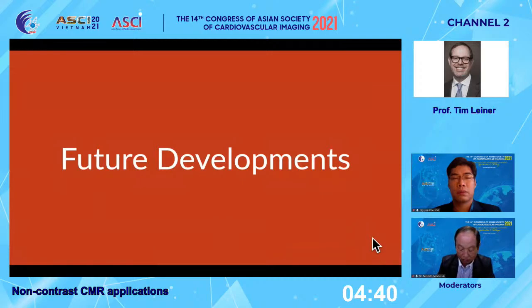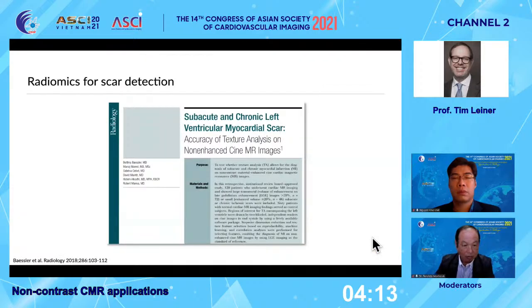So we've now focused on imaging anatomy and using intrinsic contrast of blood or the flowing properties of blood to depict anatomy. So I think in the near future we'll also see some developments in the field of contrast-enhanced imaging, for instance, in the context of imaging myocardial scarring, and that's what I want to talk about in the last couple of slides. So a very powerful technique that's gaining more and more interest is radiomics, and in this paper